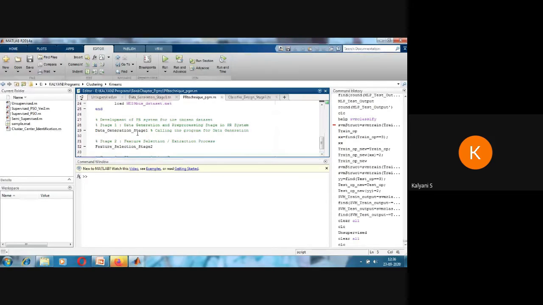First phase is data generation. So I am calling this one. This is the data generation one. This program will be called with data generation. All parts will be completed here,